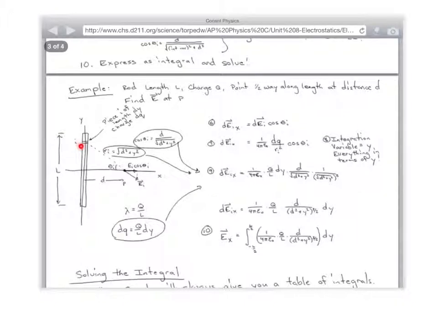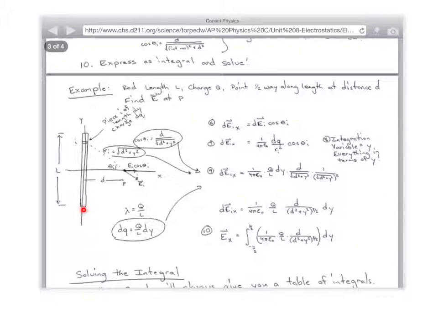Now, that little sliver of the rod you pick, you're going to want it to not be in the middle. You're going to want to be able to draw a triangle from dL to P, at some angle, or else you're going to get confused and not be able to do the math. So you want to draw it so you've got your dL up here, P down here, and your rod kind of vertical like that. Sound good? Now, what was the equation again for the electric field from a point? kQ over D squared, right? Right. However,